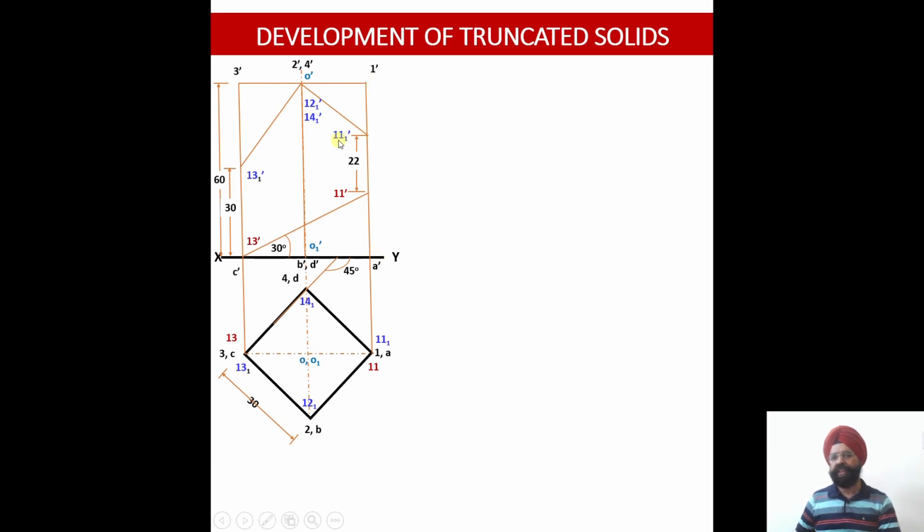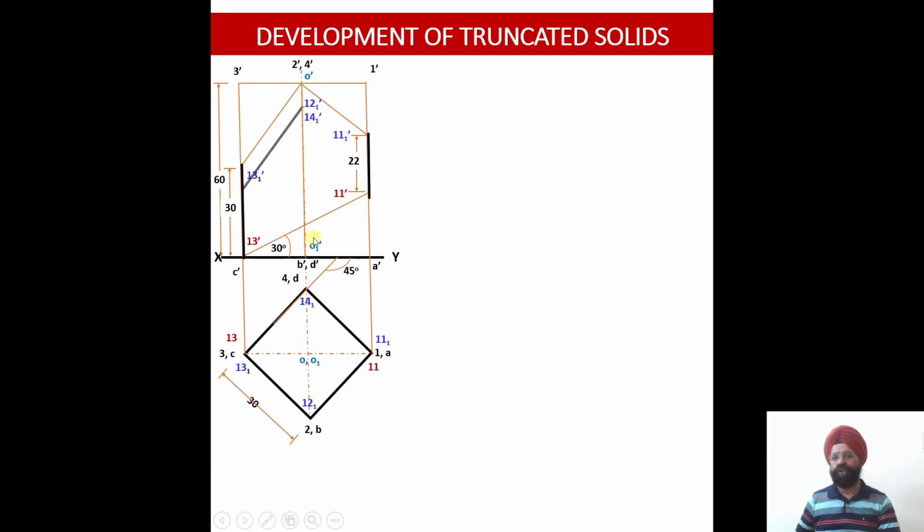So it is the point obtained corresponding to the upper portion of the cutting plane. So the suffix 1 has been added. This point was 11 1 dash, again lying on 1 dash A dash. So the top view will be lying at the point 11 1 over here.